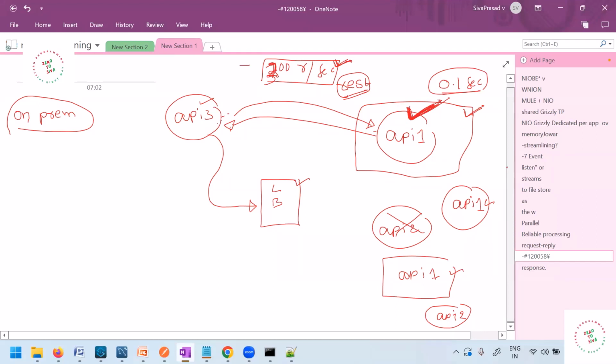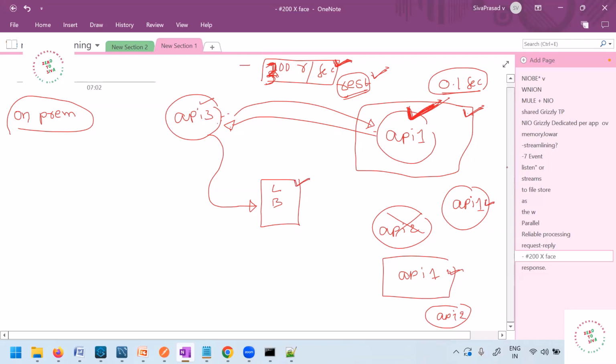Suppose you have designed your API as a REST API, then if there is only one single instance of the REST API, it will become slow because the number of requests coming in is high. So one solution could be to have multiple instances of your API behind a load